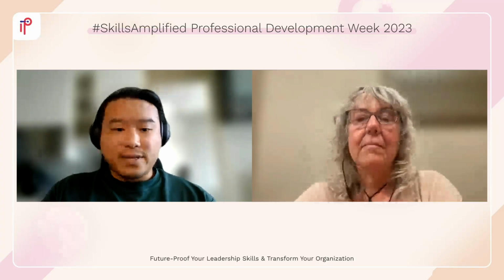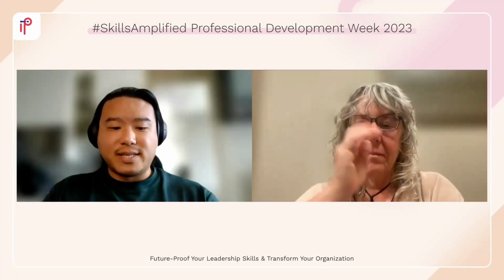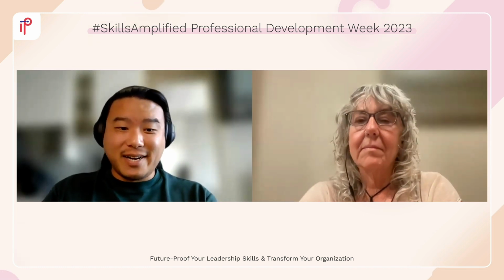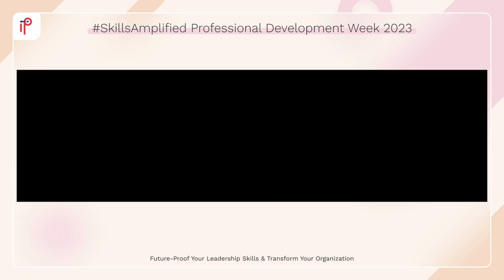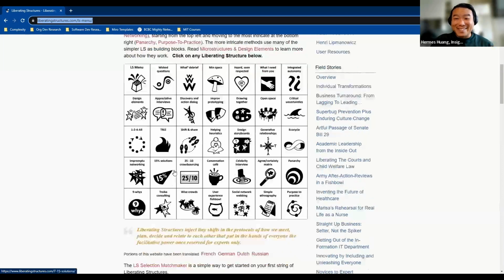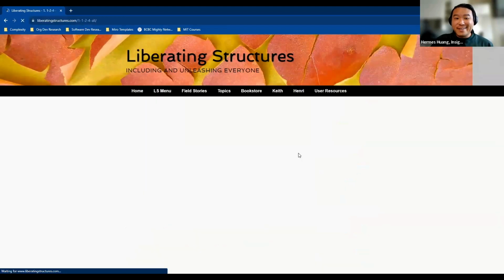Like I said, I'm going to drop the link into the chat here, and I'm going to bring you directly to the LS menu page, and I'll share my screen as well. This is literally the menu of liberating structures. What I want to point out is that many of you said you're not familiar, but some of these will feel familiar. They are, in some ways, an aggregation of many common tools. For example, with 1-2-4-All,